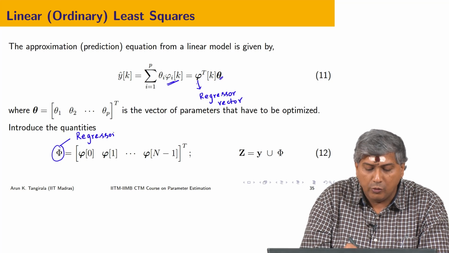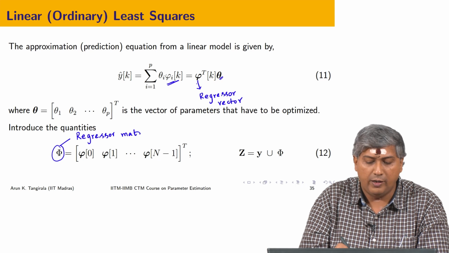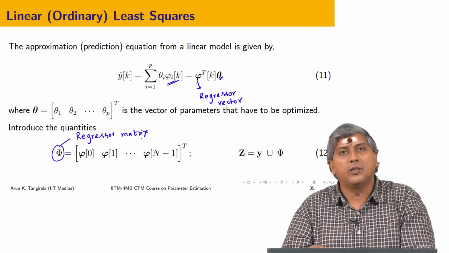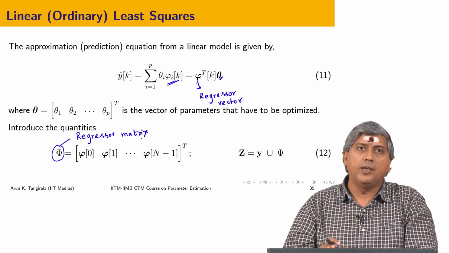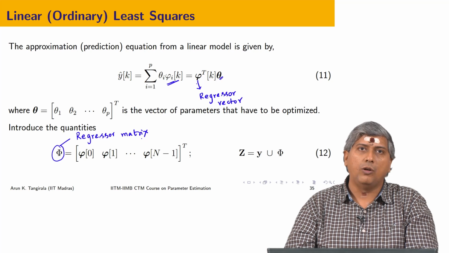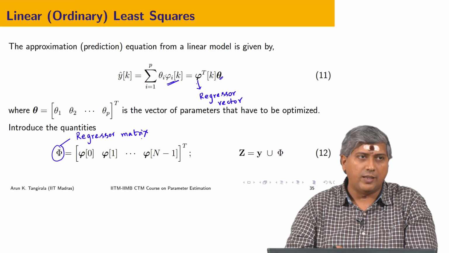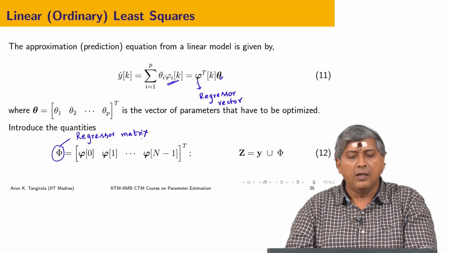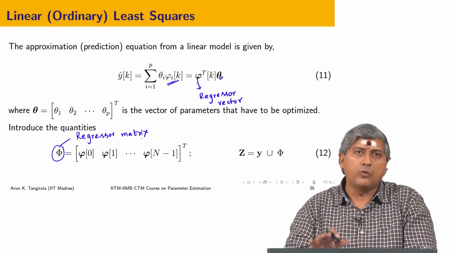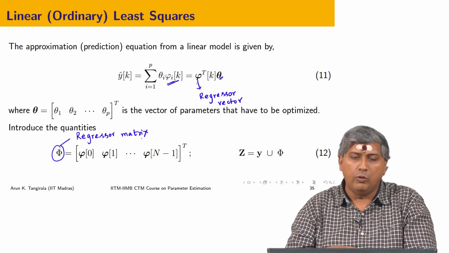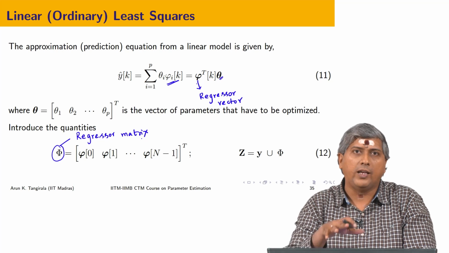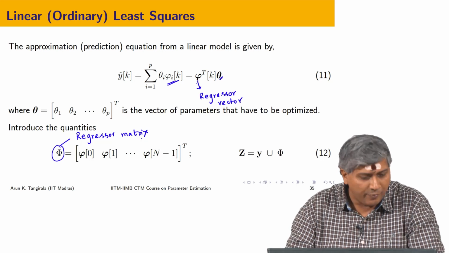Do I have to do this to solve the least squares problem? Not necessarily, but it helps us write the optimization problem and the resulting solution in a very nice compact way, and computationally things become easy by introducing these quantities. Otherwise, there is no need. Least squares or Gauss never demanded that you should do this, otherwise your license will be cancelled, and so there is nothing like that.